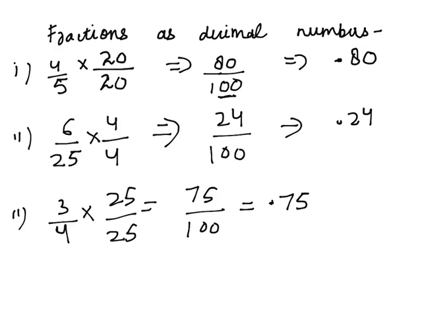And suppose you are not sure by which number we have to multiply to make it 100. Suppose here I know 25 times 4 is 100 and you don't know. So what can we do? We can divide 100 by 4. We will get 2, 0 and then 5. It will give us 25. So whatever quotient we get, we have to multiply the numerator and denominator by that number only. So here we get the quotient as 25. So we multiply 4 by 25.